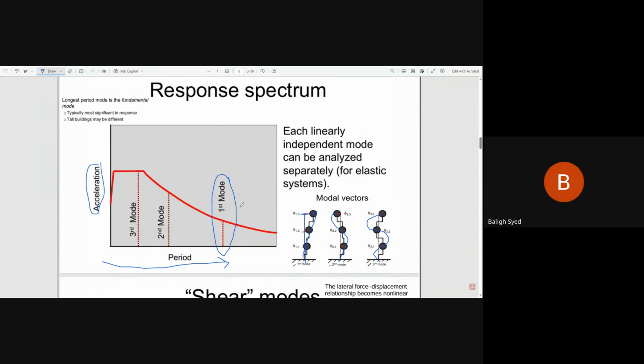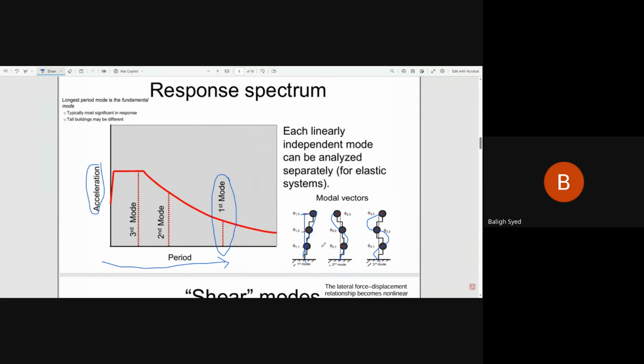Yes, as a major portion, the system is responding to our excitation in the first mode, but the system is also experiencing the second mode and the third mode. As you can see over here, the displacement curves are showing the lumped masses at each floor, they are oscillating and being displaced